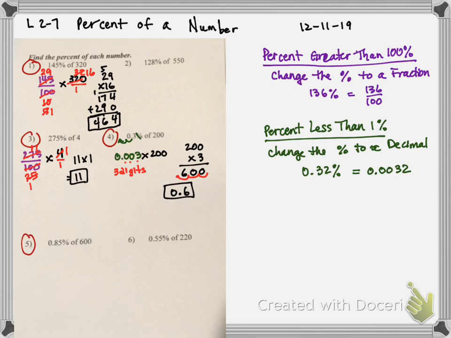All right, one more decimal one. Let's see, 85%, 0.85, so 85 hundredths of a percent. So we're going to cross that off and do division this way, fill up that blank spot. So that becomes 85 10,000ths of, which means times, 600. So now we're going to do the math, and we're going to multiply